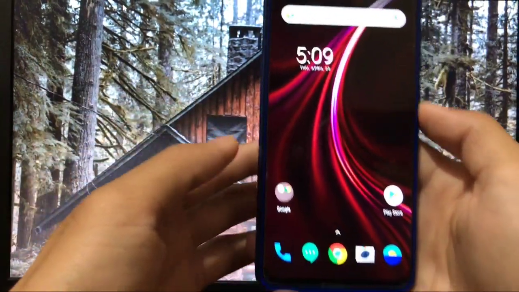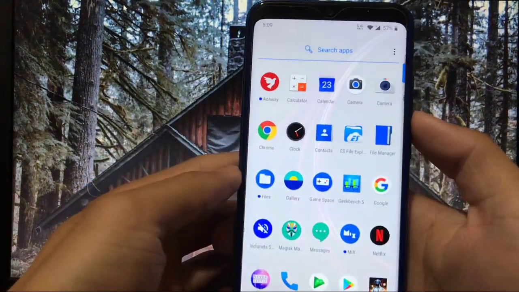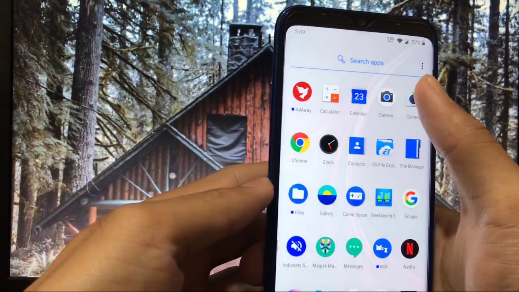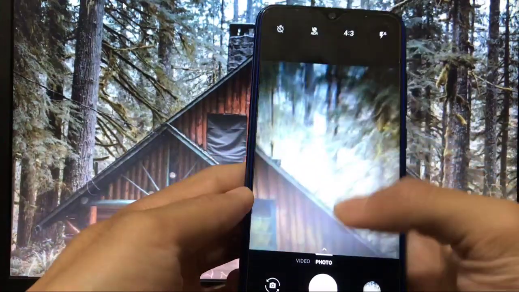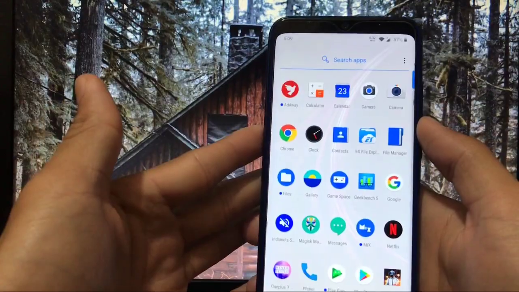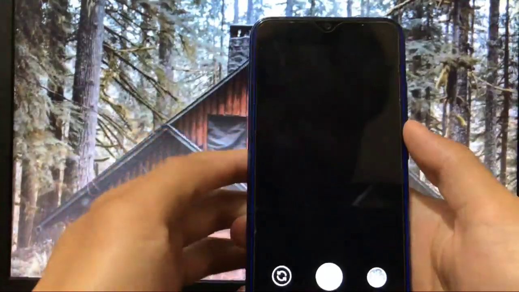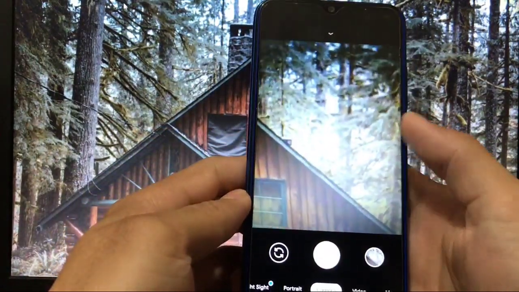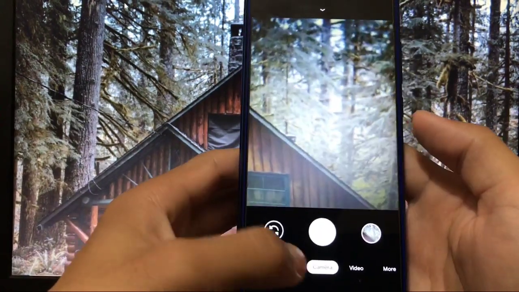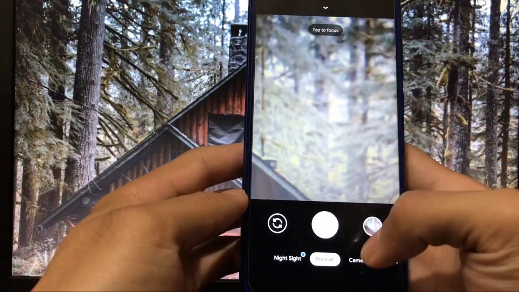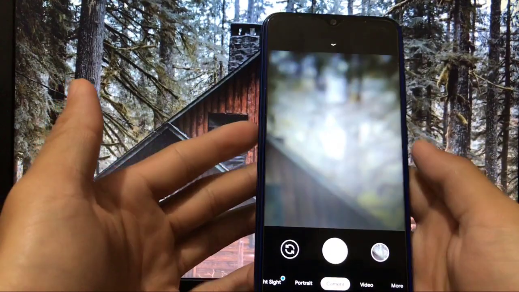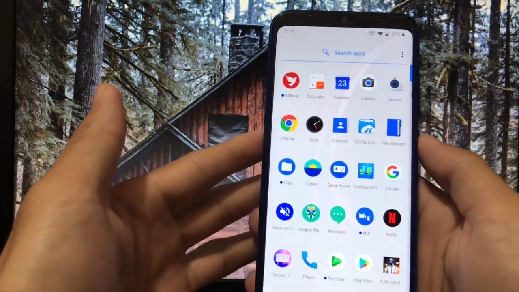Let's check out some things. Also, you get this OnePlus camera, and by default it will not work for you, but after some fixes you will be able to use the OnePlus camera without any issues. But in case it's not working for you, there is an option of choosing Gcam easily. I am using Gcam 7.3, which is one of the best Gcams you can use on your device, with portrait mode, camera mode, video mode. Everything is here and working without any issues. Okay, let's move on further and check out some things.